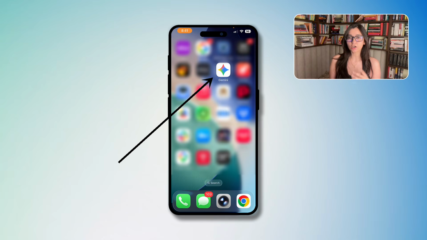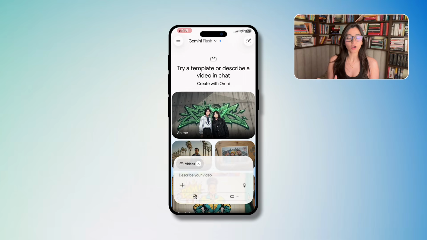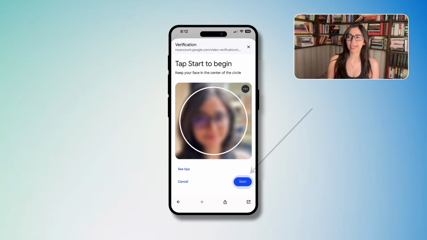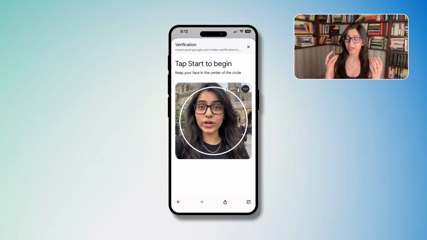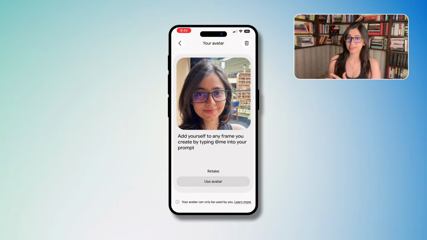The first step is that you'll have to create your avatar. You can create your avatar on the Gemini app, and it's fairly simple. It's just gonna take 2 minutes. I was actually shocked at the fact that it only made me speak like 5 words, and it picked up my exact tonality, and that's absolutely insane. The work they are doing at DeepMind is mind-blowing.